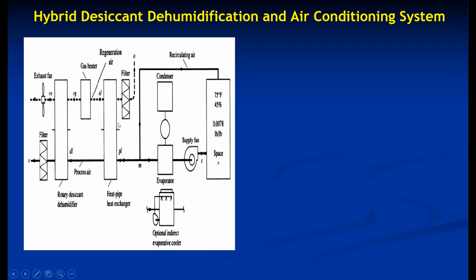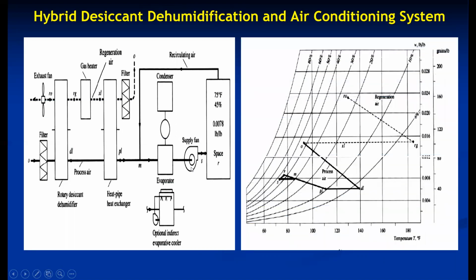a condenser, and the internal fluid moves from evaporator to condenser through the porous material, like a capillary, due to capillary action. So the conventional system evaporator, or maybe an optional indirect evaporative cooler, can be used. Supply, and this is the air conditioning room, recirculated air. So this is a central air conditioning system. So we can study the process.